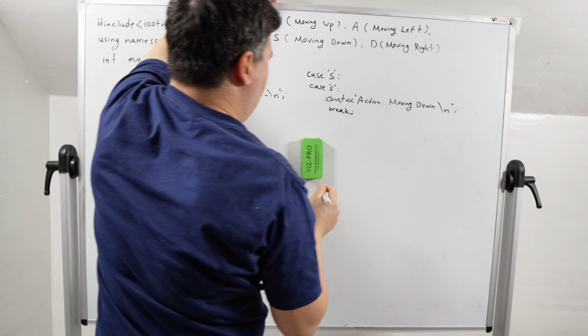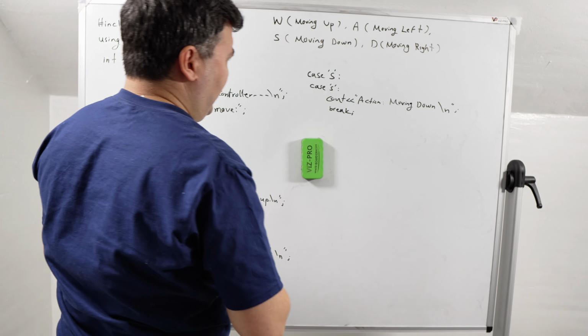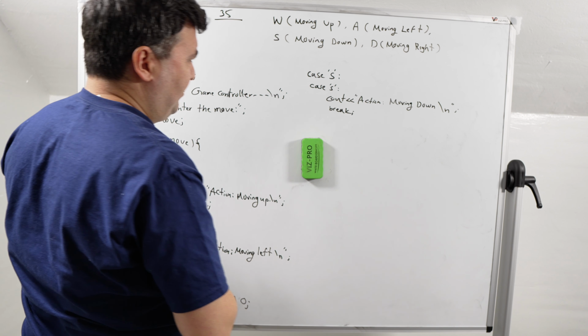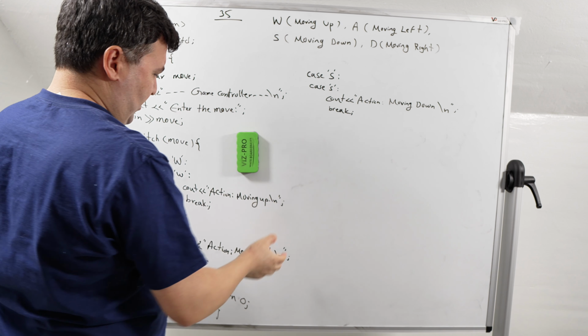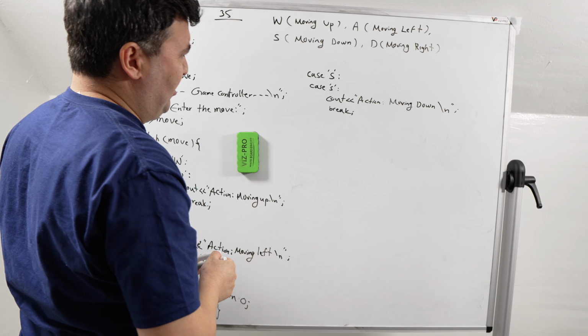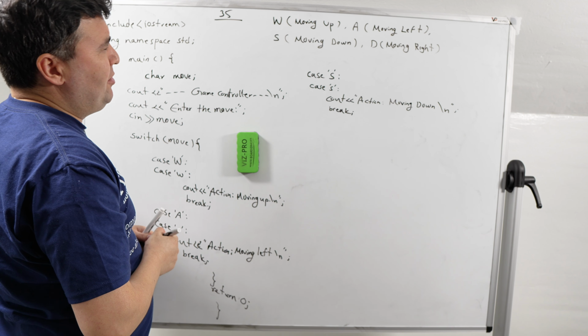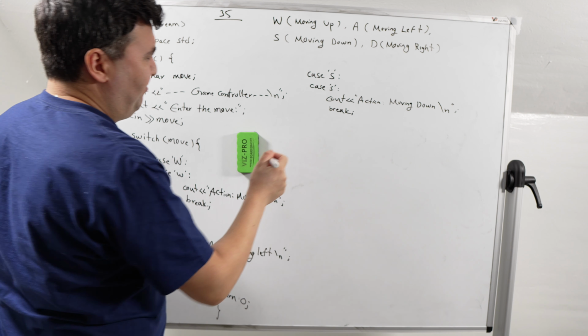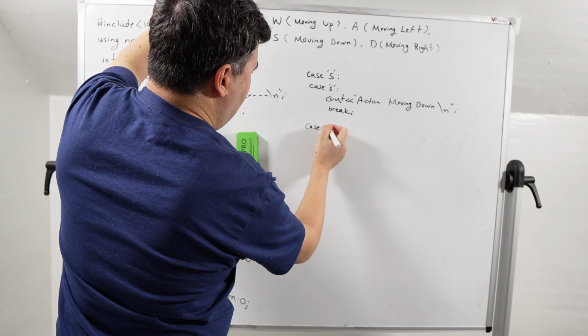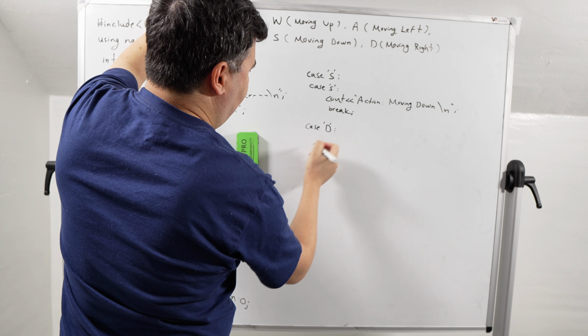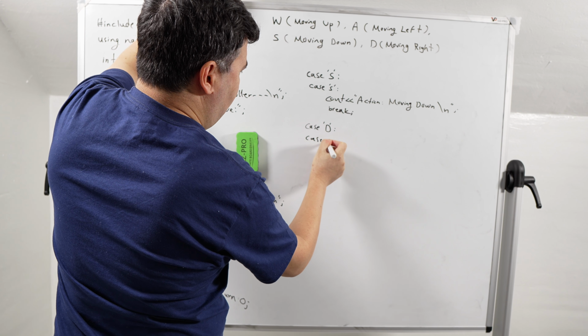Break stops execution inside the switch statement when the condition becomes true, and then it will execute the remaining part of the program after the switch block. Then we check for case D. So the user presses the D key from the keyboard, case capital D, case small letter d,